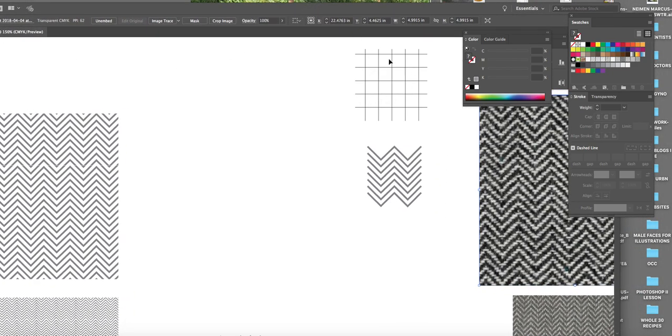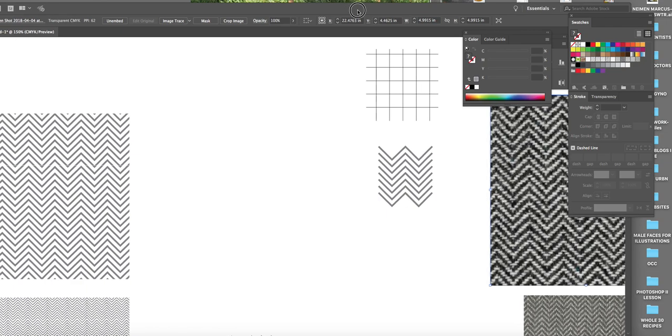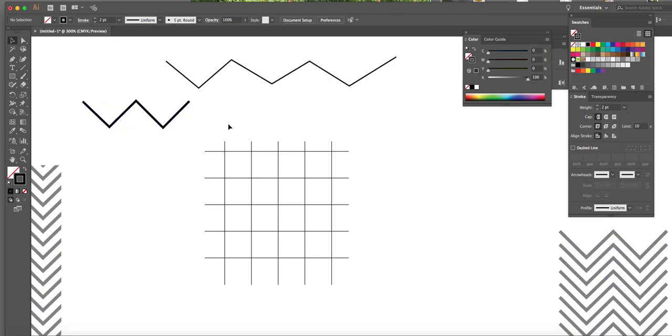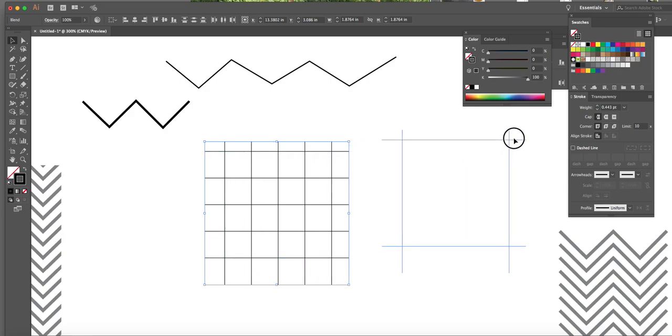So you can see my grid up here, and this is a tool that I create. I use it as a temporary tool and delete it off later, but I use it so that I can get a perfect alignment where the points all meet vertically down the center, and also align at the sides. So you can see that the one that follows the grid is going to be a much more successful herringbone shape at the end, with much more symmetry across and an overall better look. So to create this grid,